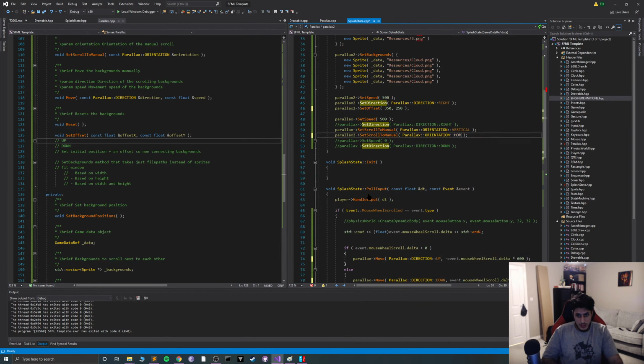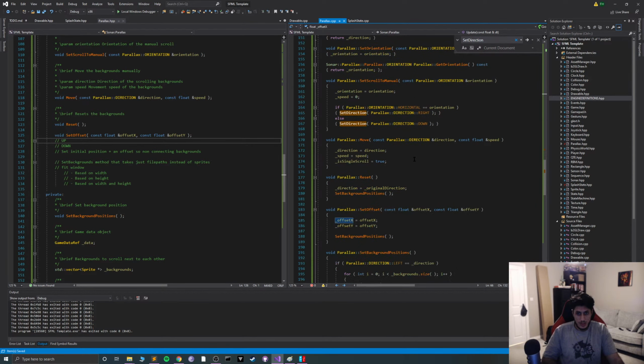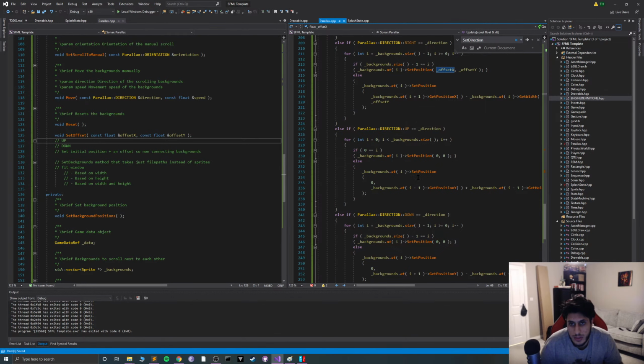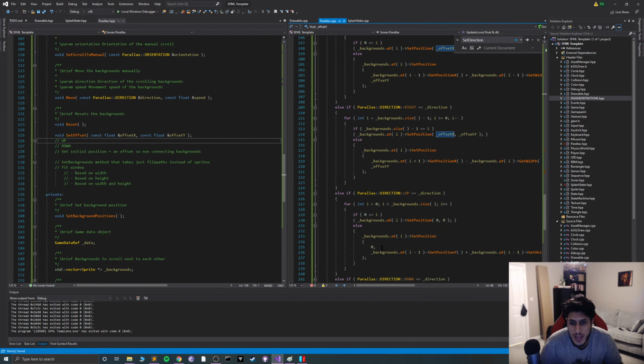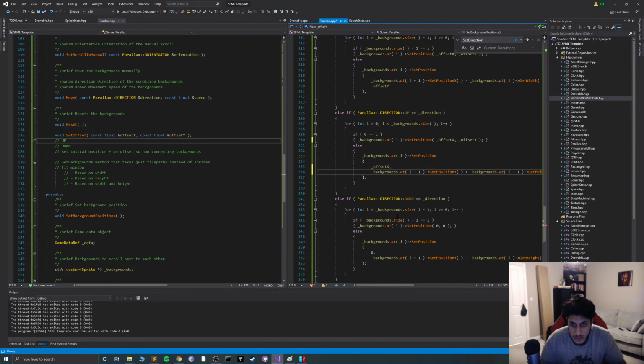Let me get rid of the... Okay, so in Parallax CPP, that's looking all good. So we've got to basically implement this for up and down now as well. So up is the equivalent of left. So here we'll have, actually first of all, let's do here, underscore offset x, underscore offset y, underscore offset x, and here, because everything's been added, so we're just going to add underscore offset y, and I'll do the others while I'm here, and then I'll test it as well